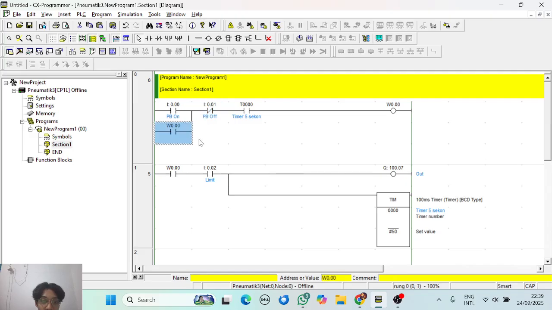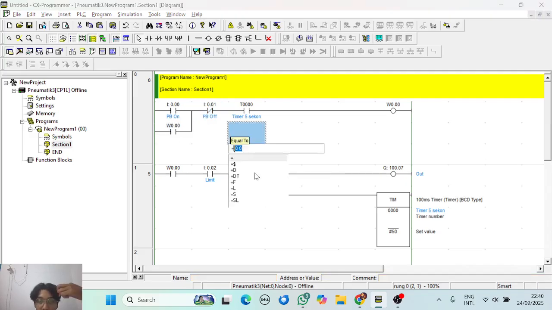Okay, now let's look at the second row. On the second row we see an input of a limit sensor.